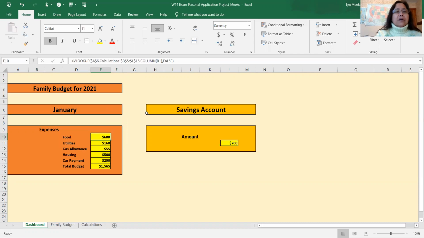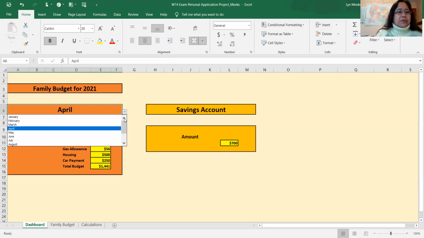So I tied them together, and this one, in my food, I use VLOOKUP calculation, the same I did, and then I embedded the column so that it will automatically go to the next column, like F1, and then I hit enter, and then it will show 250 for my car payment for January, and like that.